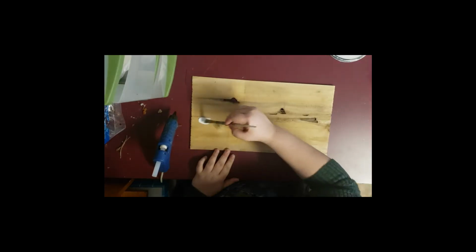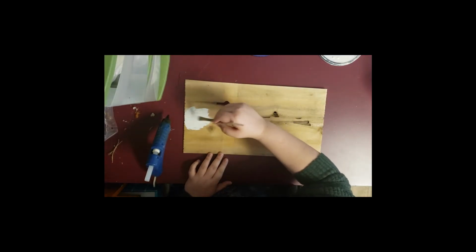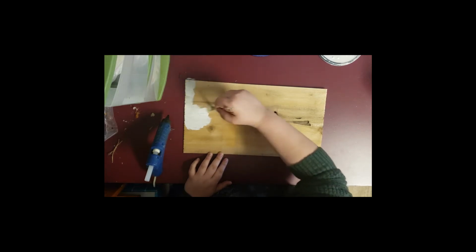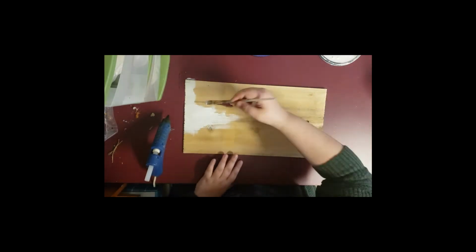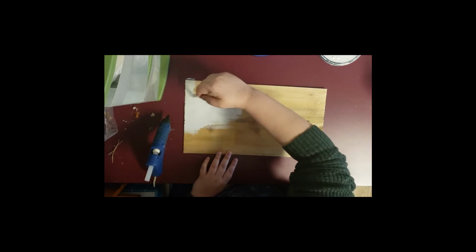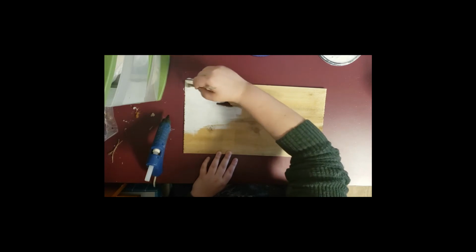So first you're going to start out with a thin piece of wood and you're going to start painting it white. I use an actual outdoor paint for this one instead of a gesso or just a base white acrylic paint. This way it can be used outside if you want, but if you're going to keep it inside or keep it for decoration, like in between a screen door and your front door, then regular white acrylic